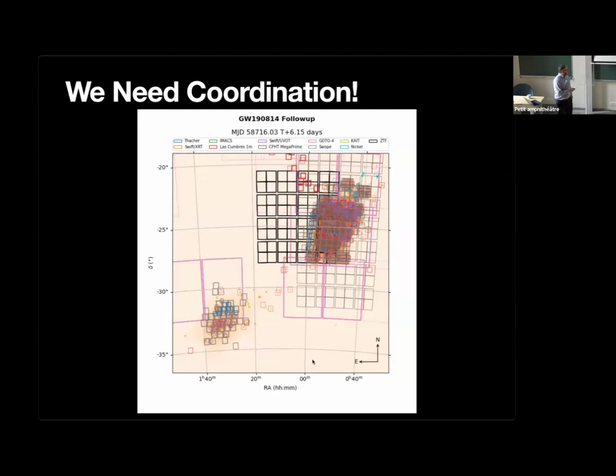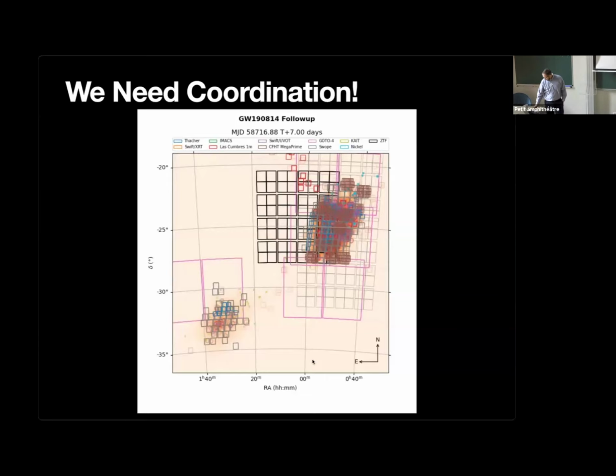Assuming that the counterpart, the gravitational wave, was in one of these two sections, you might be okay. Those are the highest probability regions. But there are many areas inside the probability region that are close to zero, but maybe not all the way zero, that just never get observed. There are also, especially on this lower probability region, very few observations that happen.